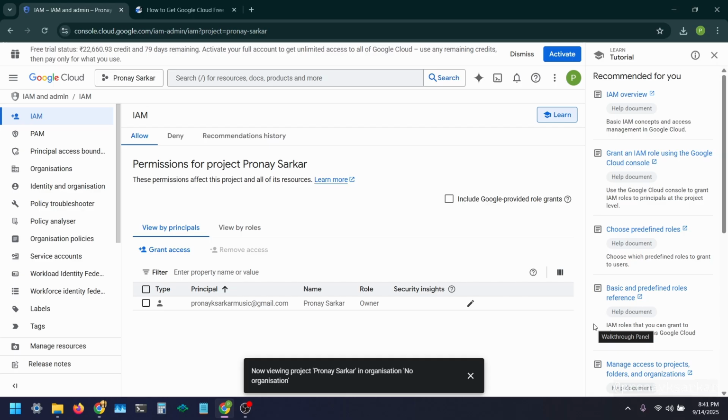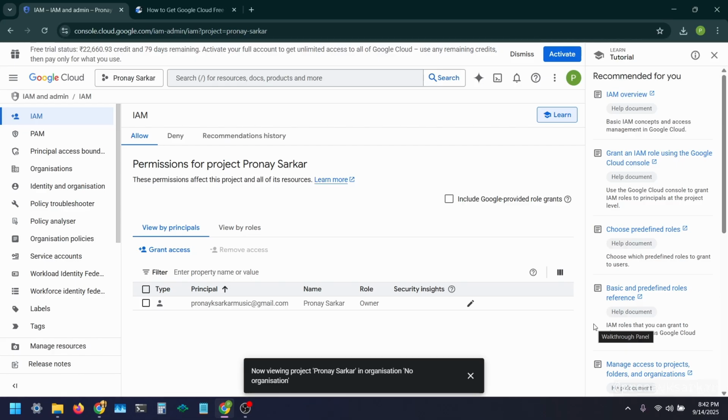The first is the principal, who is trying to do something, say a user, a group, a service account, or someone else. And second, the role, what can they do, like a set of permissions: the viewer role can only see and the editor role can modify.